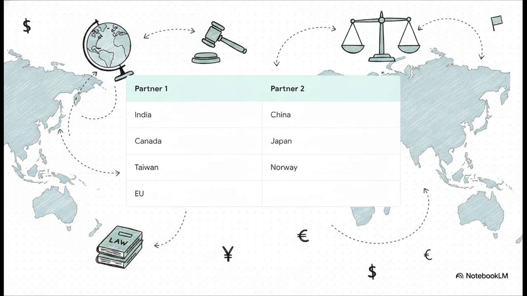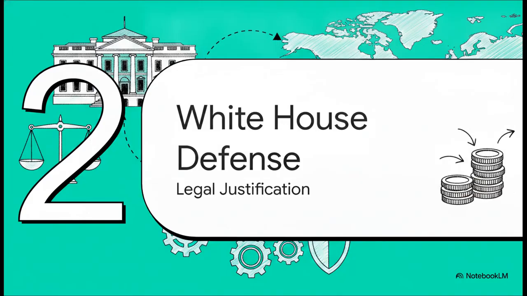And just think about the massive scope of this. These are truly blanket, global tariffs hitting 60 different trading partners. I mean, we are talking about the heavy hitters of the global economy: India, China, Canada, Japan, Taiwan, Norway, and literally the entire European Union. It covers multiple continents, hitting America's closest allies right alongside its biggest economic competitors. The sheer volume of global trade caught in this July 24th net is exactly why we're seeing such a massive legal pushback.